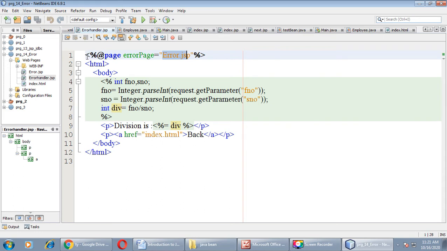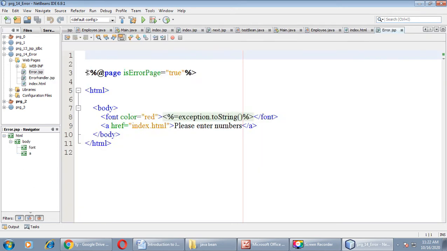As you can see, I have given one directive on the first line, that is errorPage equals error.jsp. Now let us move to error.jsp. This is again a simple JSP page.